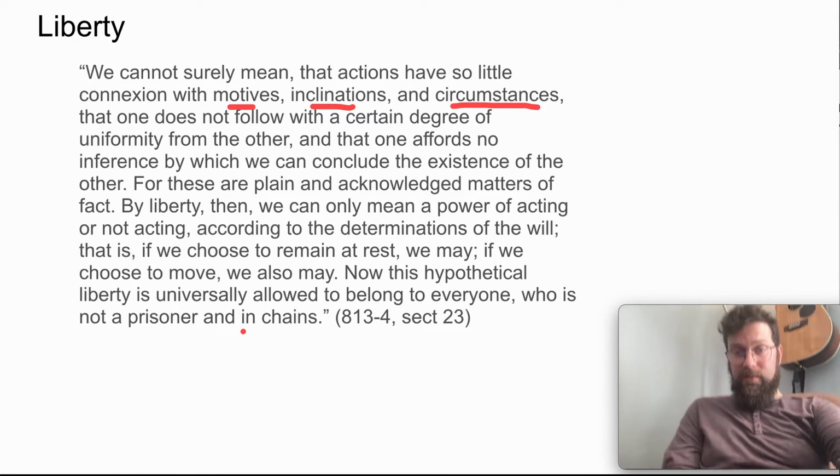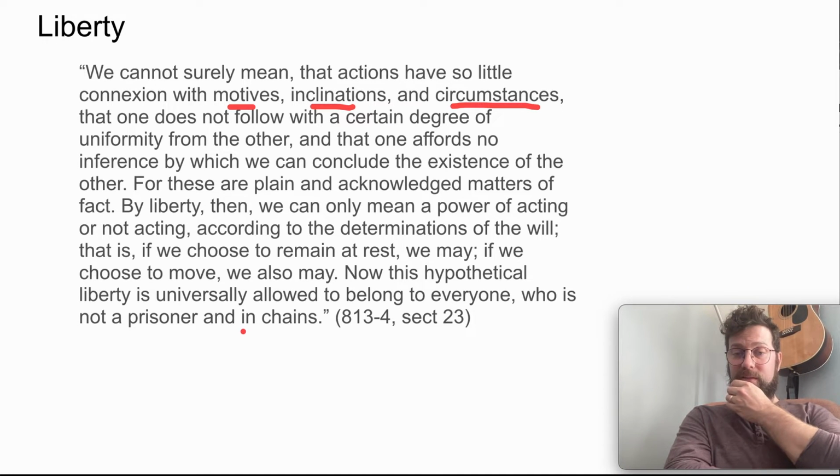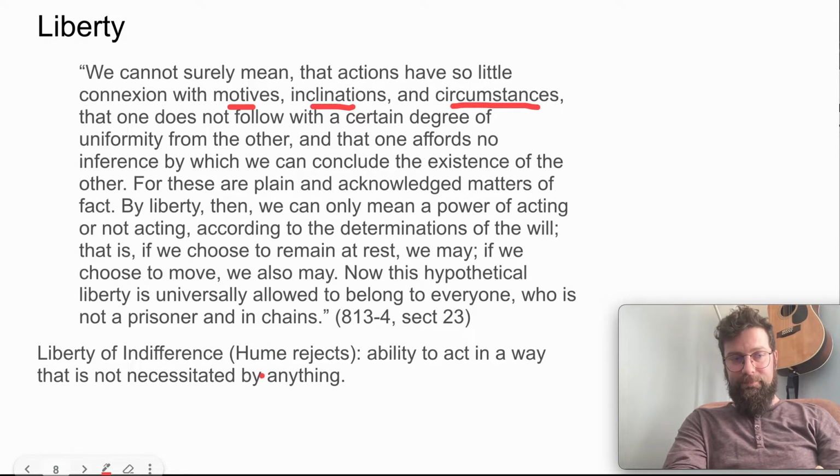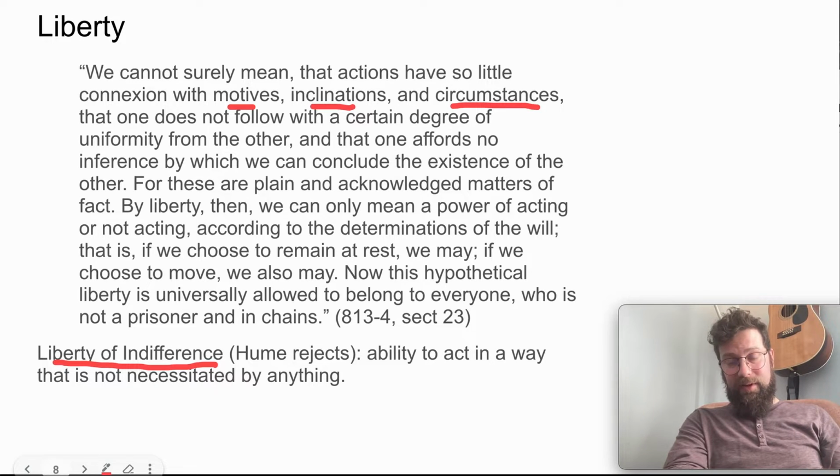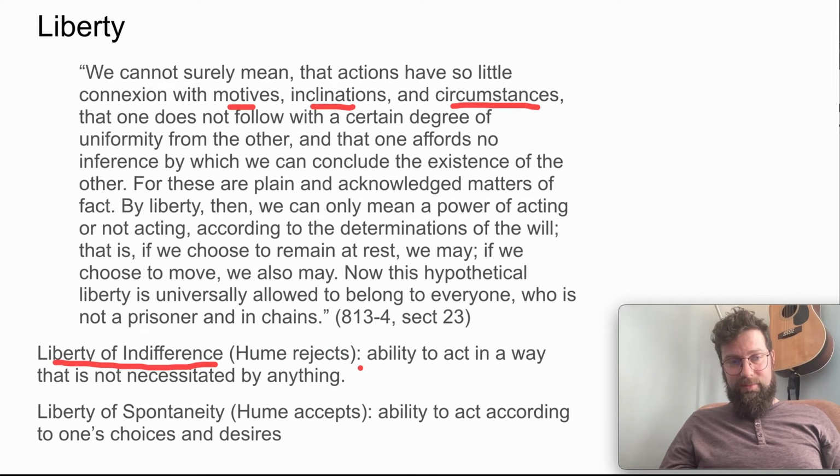So Hume is going to say, look, when we're talking about acting freely, it's doing as you choose, and it's being not restrained by outside forces from acting in the ways that you choose. So sometimes this is characterized: Hume is against the idea of liberty of indifference, that is, the liberty of having your actions uncaused. So he's going to say, look, we don't need your actions to be uncaused to be free. What you need is to be given the ability to act according to your own choices and desires. That's what freedom is really all about for Hume.